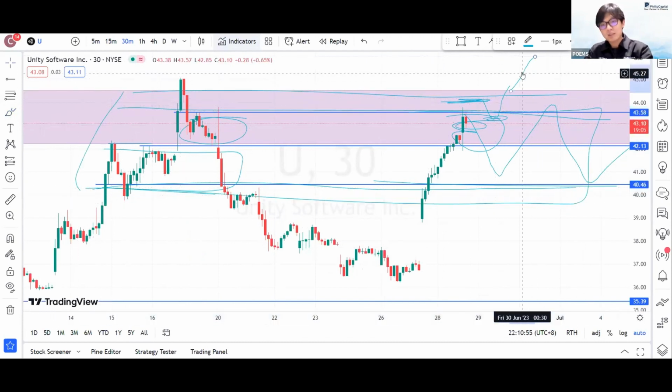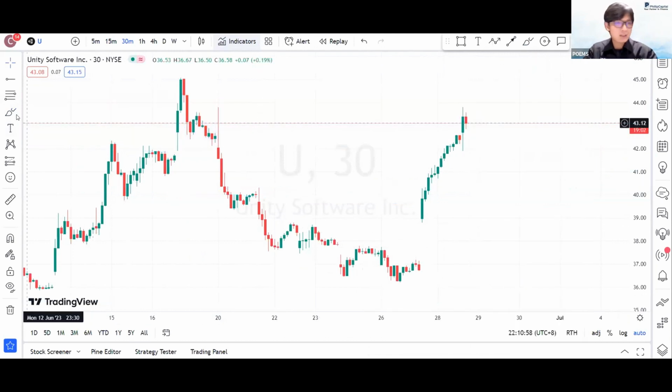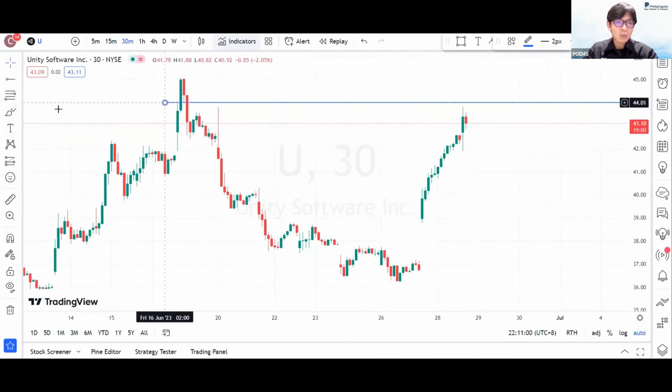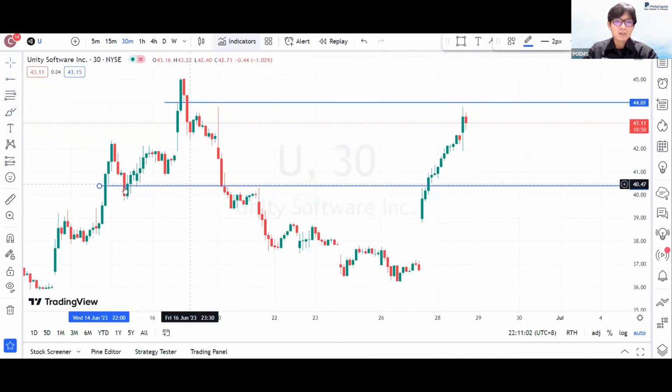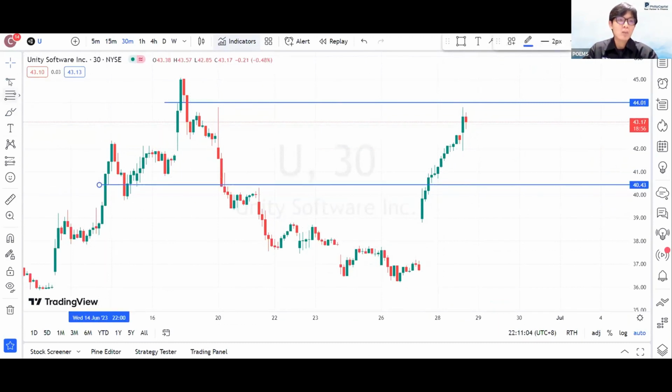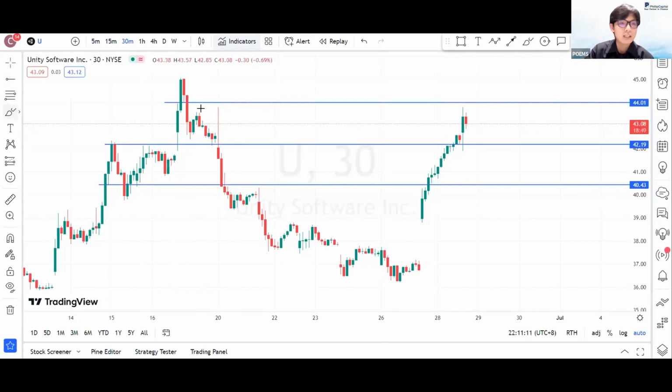Okay, a bit messy. Hang on, let me remove everything and draw again. Basically, your whole major area will be trading off these 2 lines. Within the range itself, you have a lot of rejections and all these noises. All these levels in between the major will become your minor.